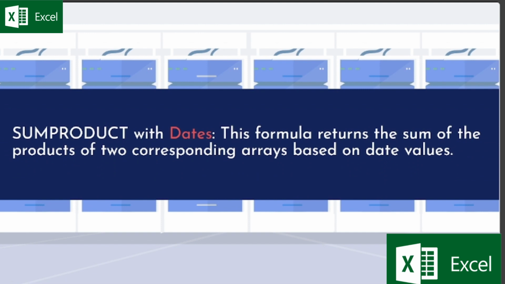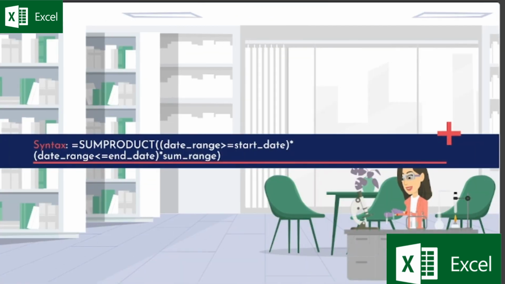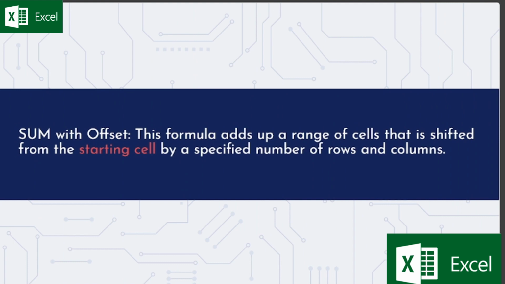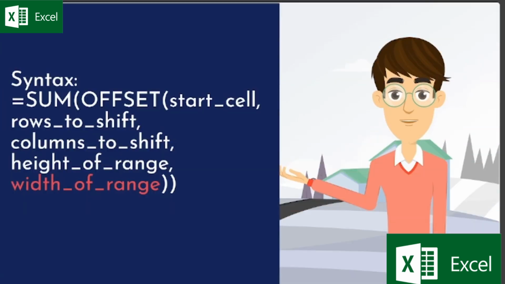SUMPRODUCT with dates. This formula returns the sum of the products of two corresponding arrays based on date values. Syntax: equals SUMPRODUCT((date_range>=start_date)*(date_range<=end_date)*sum_range). SUM with OFFSET. This formula adds up a range of cells that is shifted from the starting cell by a specified number of rows and columns. Syntax: equals SUM(OFFSET(start_cell, rows_to_shift, columns_to_shift, height_of